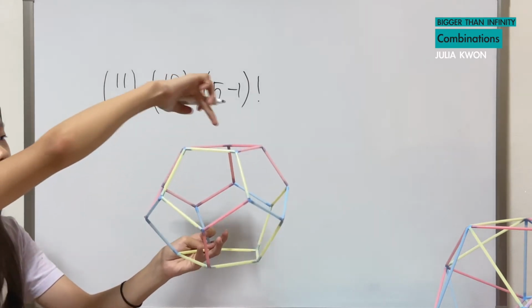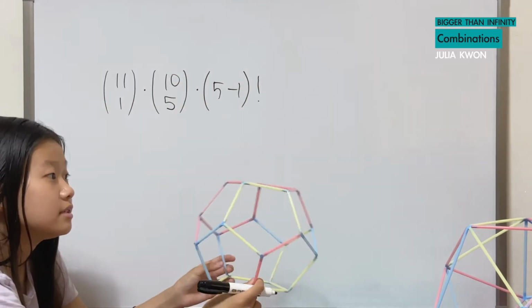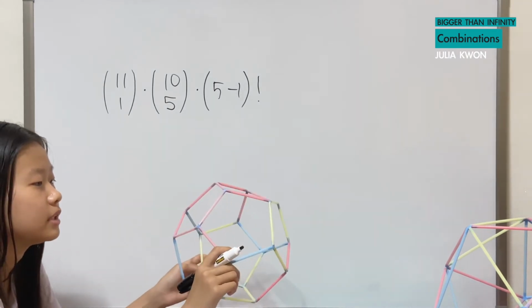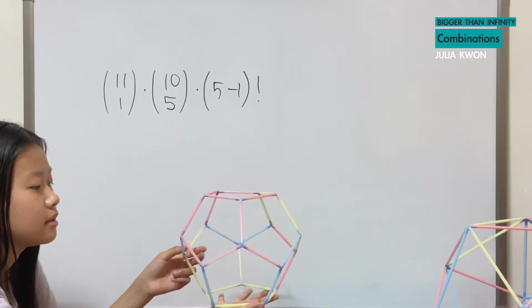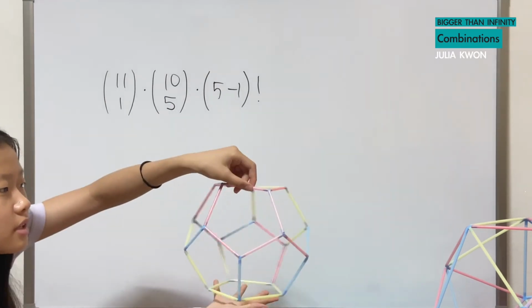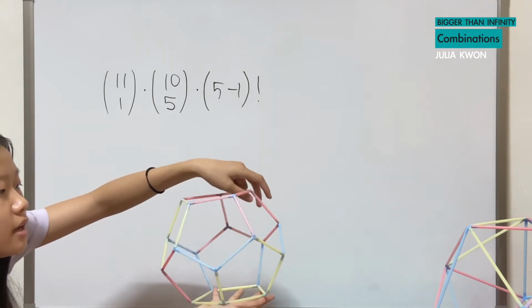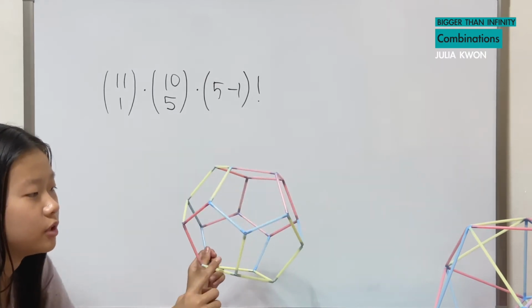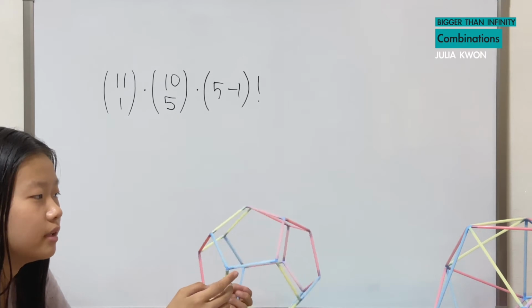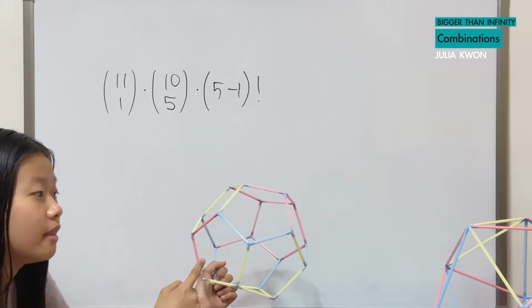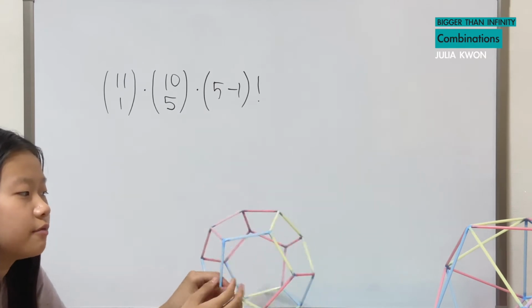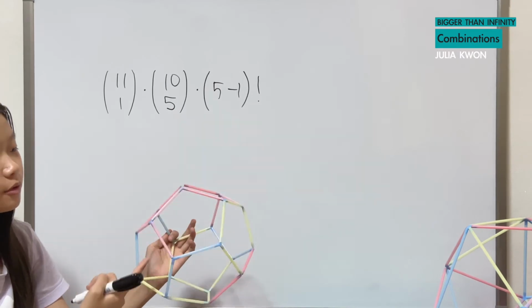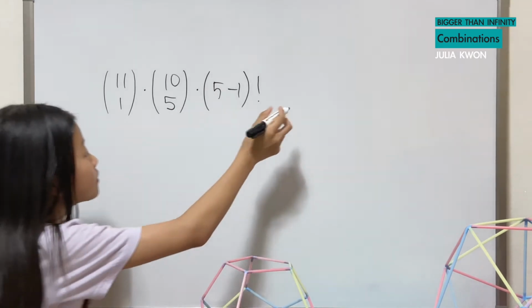And then we have 5 more faces left on the top. 1, 2, 3, 4, and 5. And this is not the same case as we did here. This is not 5 minus 1 factorial, because if we look at the dodecahedron from another angle, from here to here, it will not look the same as it did when we didn't choose the top 5 and we were choosing the bottom 5, because since the bottom 5 are now chosen, the colors will be different if we look at it from another angle, right? I hope that makes sense. So that will just be 5 factorial. There are 5 faces left, so times